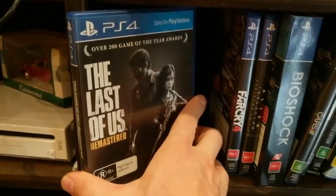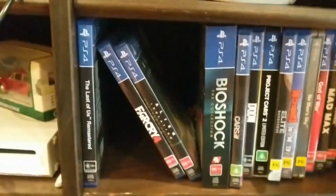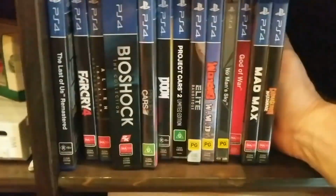The Last of Us, the remastered version. Funnily enough, I've enjoyed more remastered PS3 games on the PS4 than anything else. I really do think the library is a bit lacking. It's been a bit of a weird generation. Right, this box down here I will pull out,